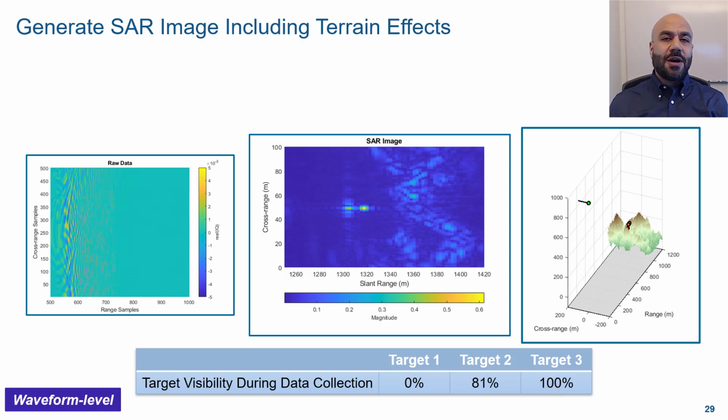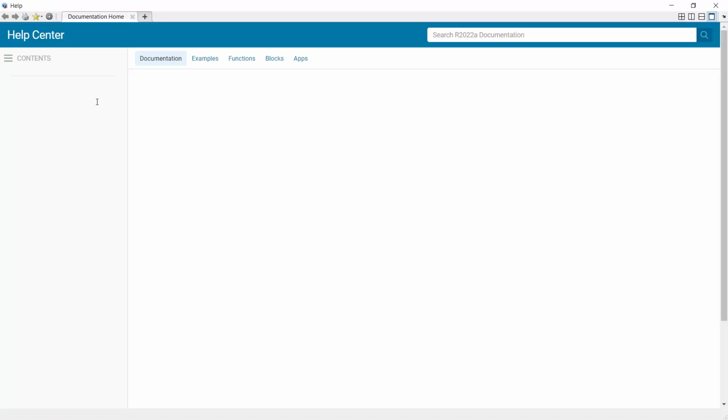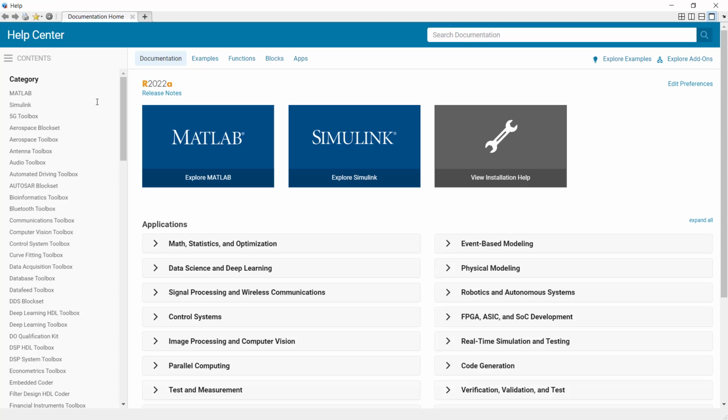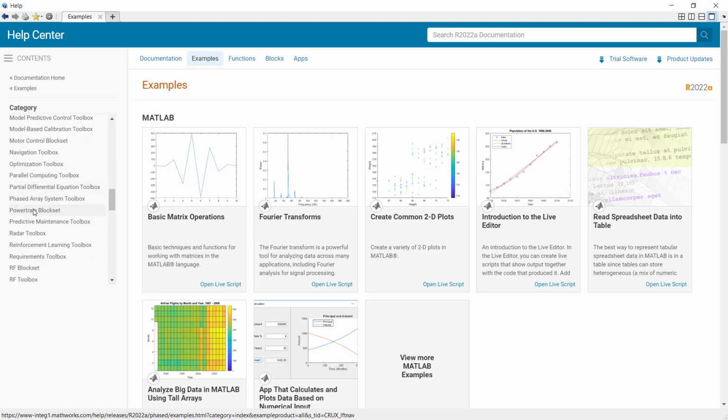Before concluding this presentation, I would like to show you how you can learn more and where you can find more resources to be able to take advantage of these capabilities. For that, let's go to MATLAB. Okay, in MATLAB, if you type doc on the command line, it will bring up the MATLAB documentation home. And in this page, if you click on the examples and then on the categories, scroll down to get to the radar toolbox,